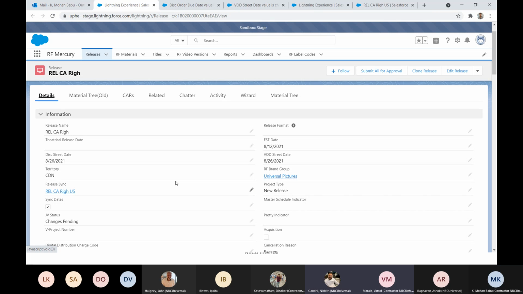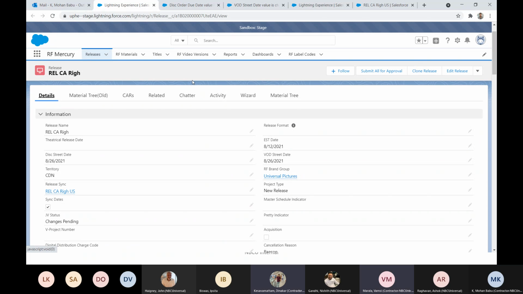Yeah, and the approval is still the JV, right? Not our team, correct? Releases are dependent. Not all the releases are only with JV. Some releases are internal for us only. What I'm saying is the ones that are dependent on JV, they will pick up those change tasks, and those tasks will be approved by the JV team via integration, and that will update the JV status on the release, correct? Yes, you are right. So this JV team is going to only pick up the tasks, not the releases, right, Vamsi? No, they are not going to pick up the releases. They are going to pick up the tasks, check them and close them.